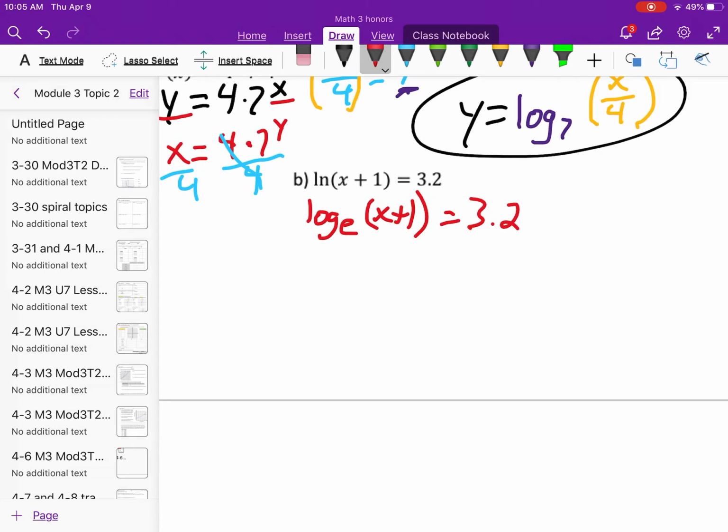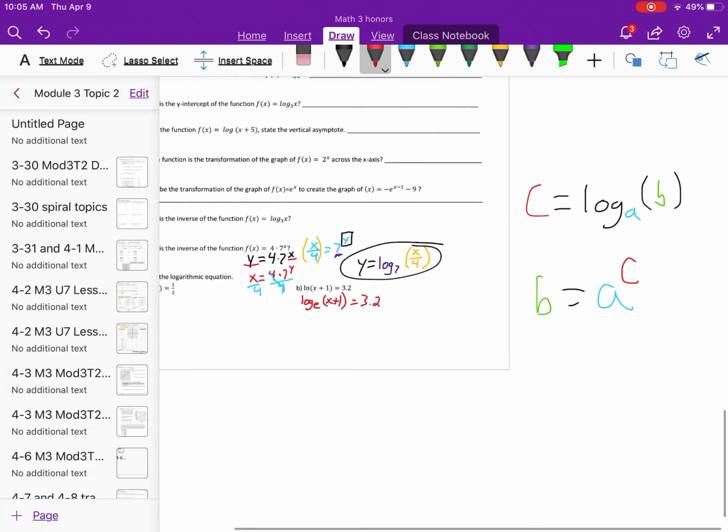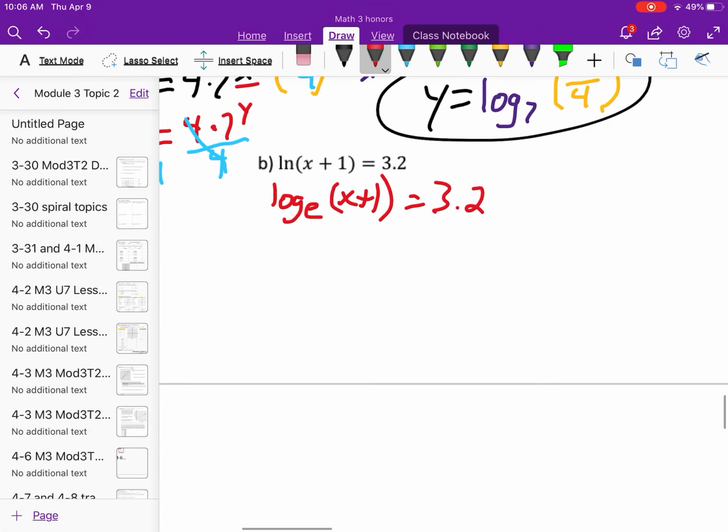So if we want to solve this, we have to do the same thing here. We have to turn it into an exponent. I'm going to use the same colors, so I'm going to zoom out really quick. I'm going to use this light blue for the base, this red for the exponent, and light green for the B value. So I'm going to zoom in right here. The base is this light blue, so my base is the same, it's just e, so e will equal,